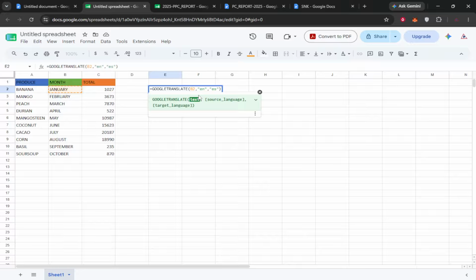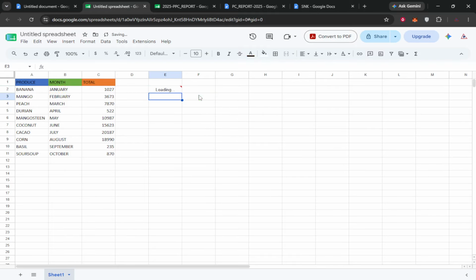Now, you need to point the formula to the cell to translate, which in this example is A2. Click cell A2 instead of typing it, to avoid typos. You should now see A2 inside the brackets of the formula. At this moment, the formula knows where the original text lives, but not yet which languages to use.